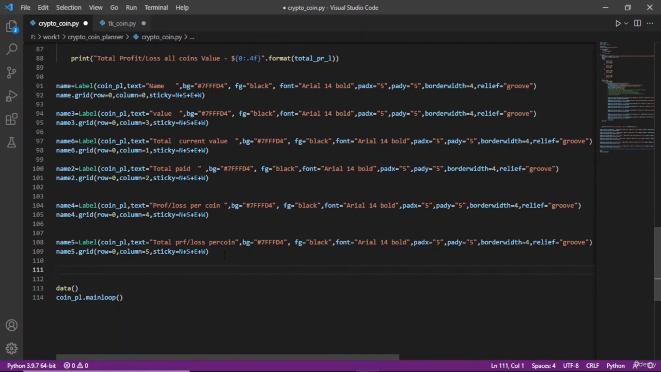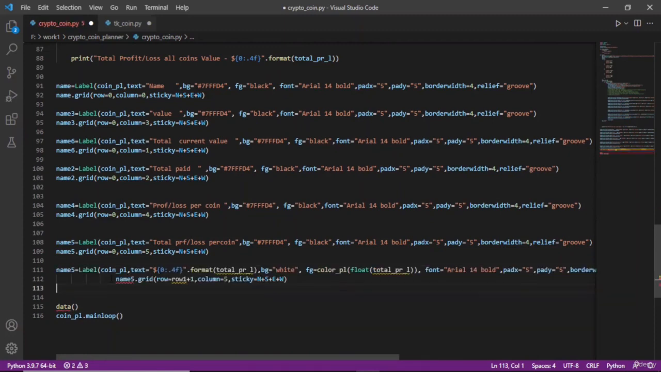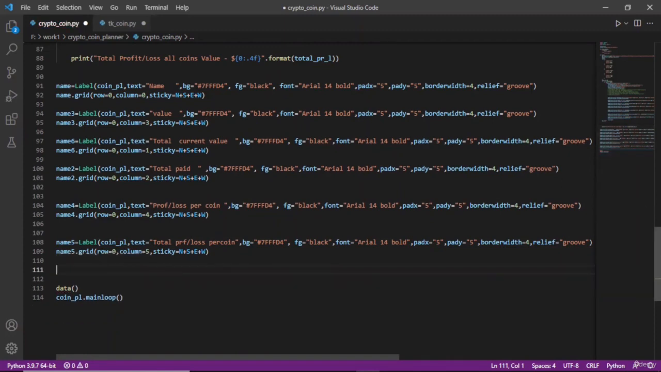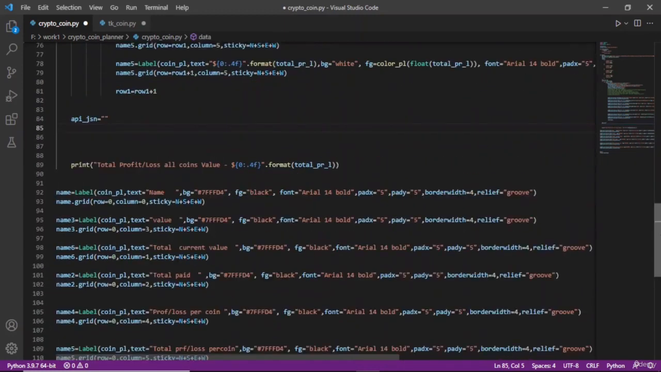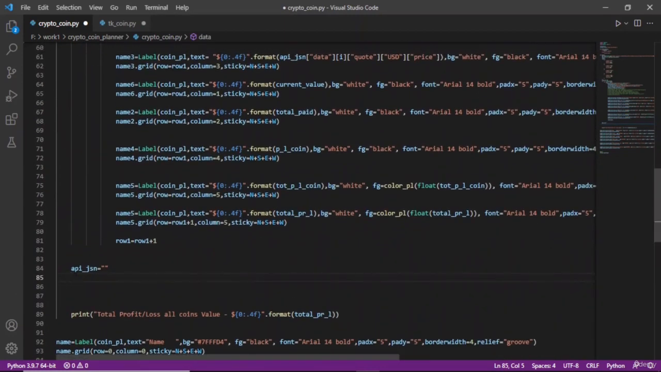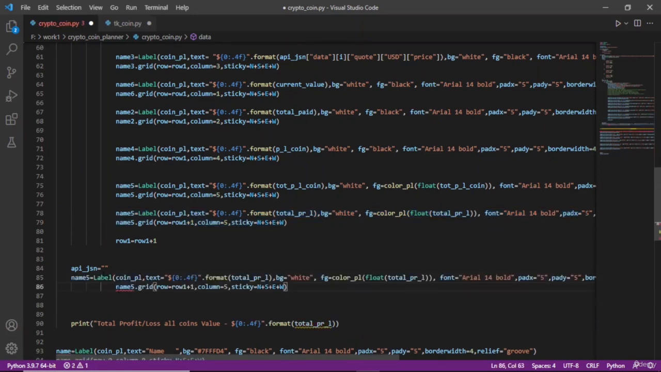I'm going to paste it here, but it's better that we paste it on the upside, because the data value is null, meaning the API JSON which has all the data is null. Now all we need to do is define a new variable. So I am going to copy this and paste it here. Now I will paste it again. Then after this